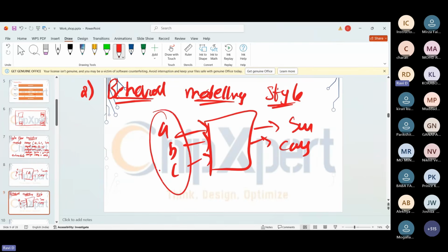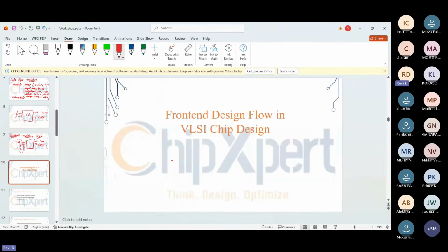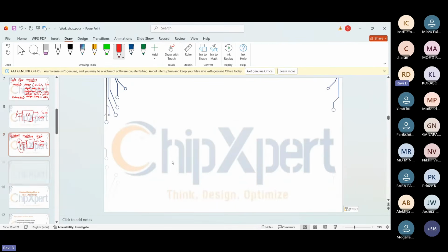Whenever a change happens in my inputs, my outputs should change. That was the behavior of my full adder. And there we are going to do the addition operation between A, B, C. So how am I going to design it here? The basic structure is common: module, module name and port list, and what are the input ports and output ports. Up to here, it is common for everything.